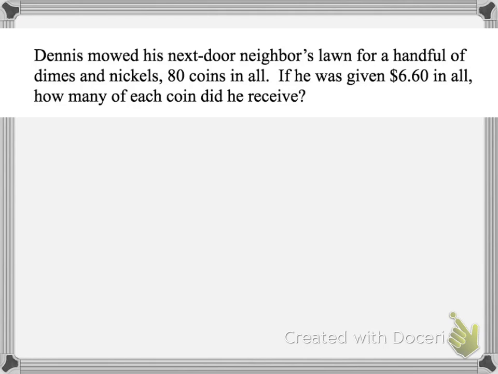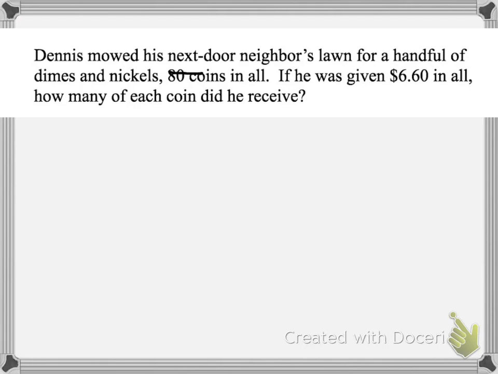Okay. Another one deals with money. It says Dennis mowed his next door neighbor's lawn for a handful of dimes and nickels, 80 coins in all. If he was given $6.60 in all, how many of each coin did he receive? Students generally have a little bit more trouble setting this one up,